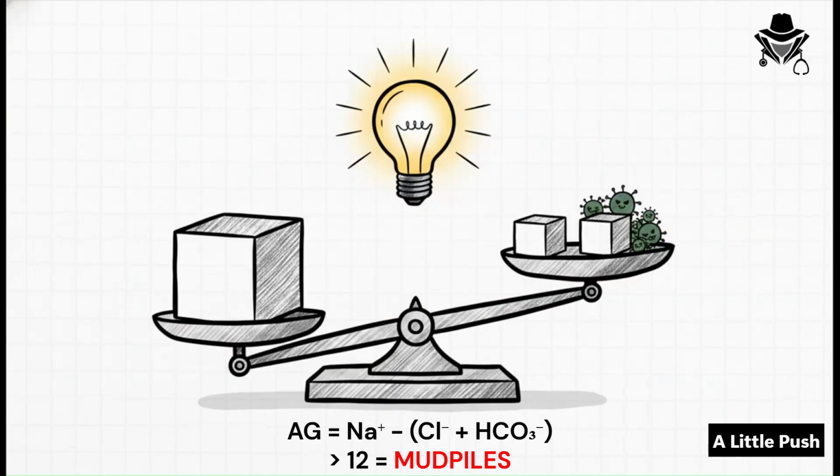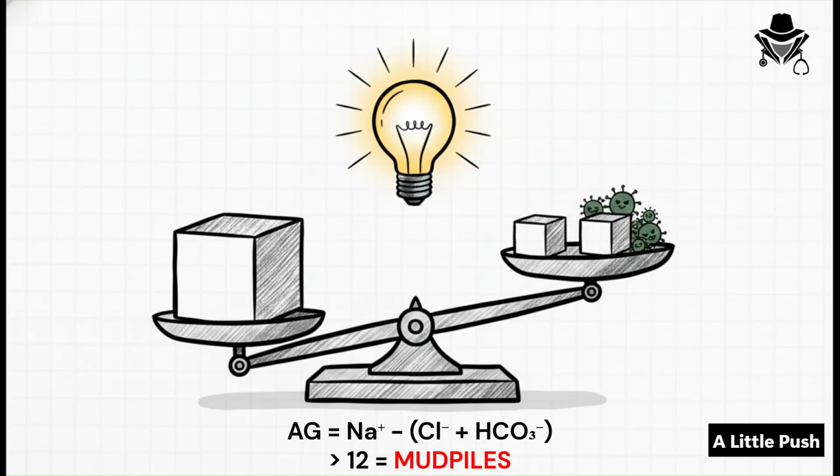All right, let's dive into the foundation here. The absolute most crucial thing to remember is that whenever you're faced with a metabolic acidosis, step one is always calculating the anion gap. The formula is pretty straightforward. Your anion gap equals sodium minus the sum of chloride and bicarbonate. Now, a normal gap sits right between 8 and 12 milliequivalents per liter. But what if that gap shoots up greater than 12? Well, that elevated number is a massive red flag telling you that unmeasured, hidden acids have crashed the party in